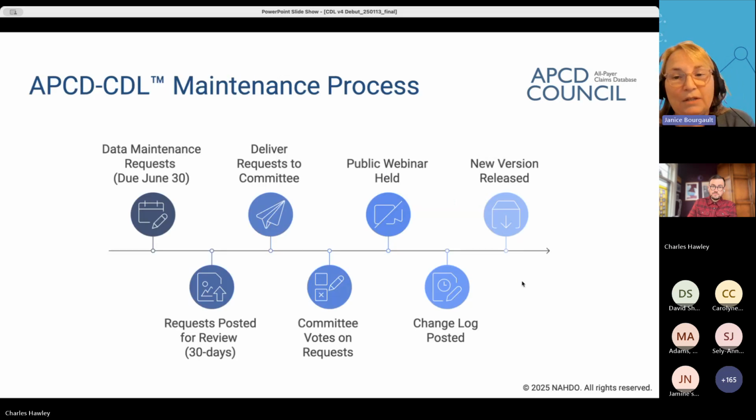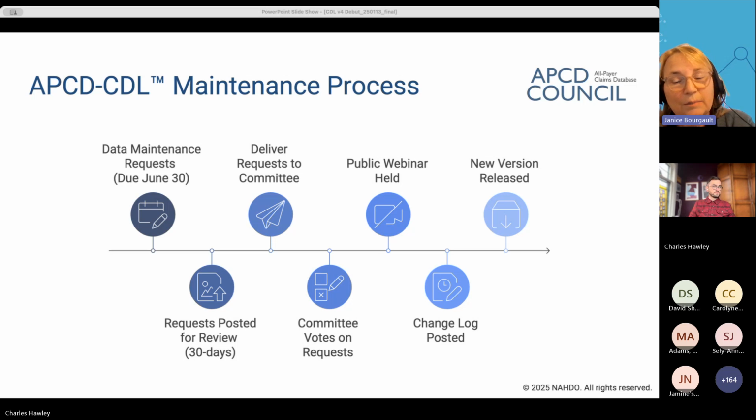So as I previously mentioned, the maintenance request process happens every 2 years. The DMRs are submitted on the APCD Council's website and are due on June 30th of the maintenance year. This past year, 2 meetings were also held earlier in the year, one in March and one in April of 2024, giving the Maintenance and Change Committee a head start on reviewing requests that had been received to date. All requests were posted for public comment for 30 days and then sent to the Maintenance and Change Committee.